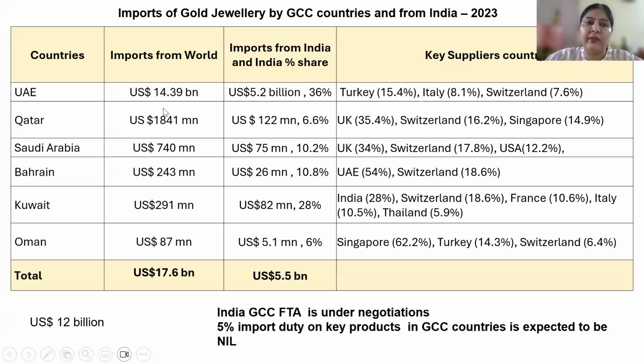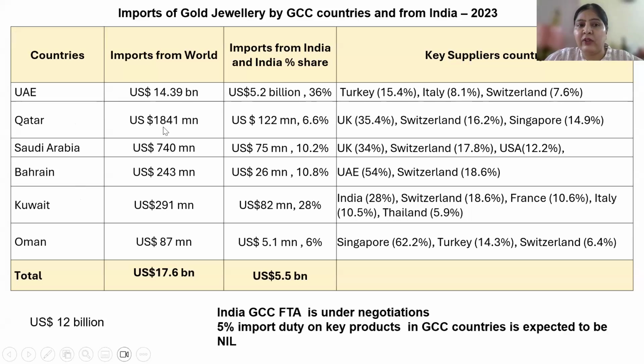See, UAE is importing $15 billion of gold jewelry. And from India, it is taking imports of $5 billion. No doubt, our share is 36%. Now, if we talk about Turkey, Italy, and Switzerland, these are also other supplying markets to the UAE. Now, if we talk about Qatar and Saudi and Bahrain and Kuwait and Oman, so